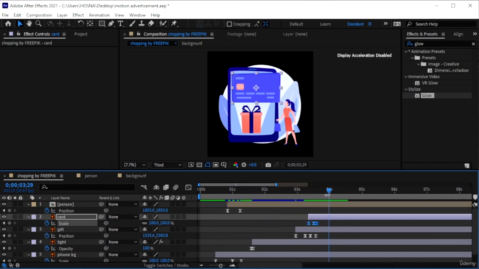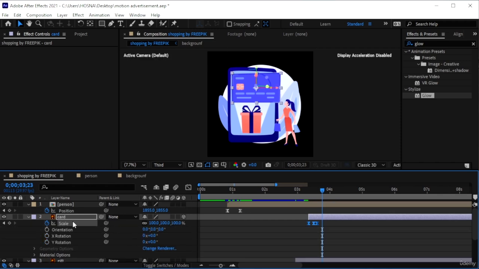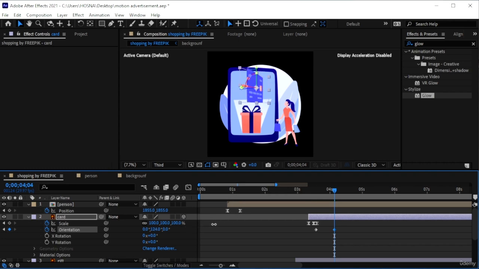We instead are going to go to where we wanted to spin. And I'm going to go on card, and you see this cube icon. We're going to turn it on for this thing. So now we get extra transform properties. And we're going to just turn it around, basically. So come in on the last keyframe, turn on orientation, and just kind of, you can see if we go on the middle shape, the middle line, so the Y axis, we can just rotate it like crazy